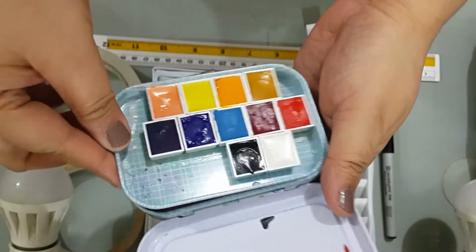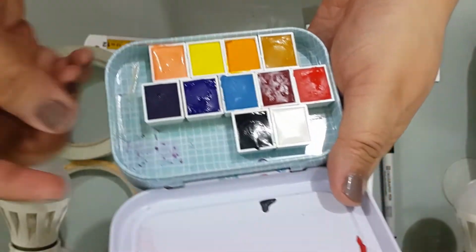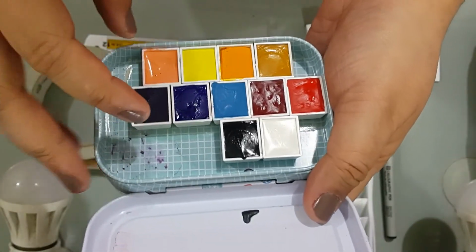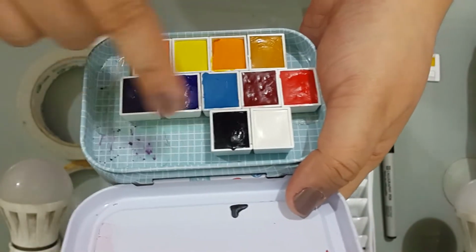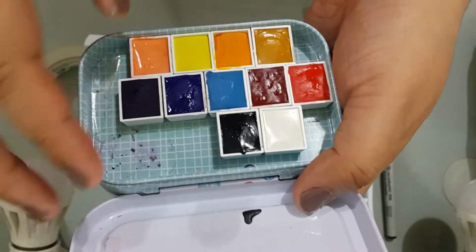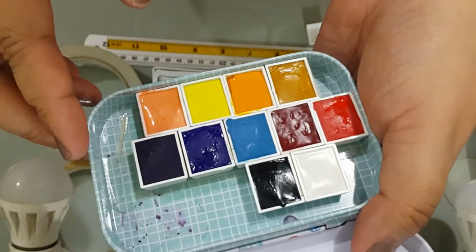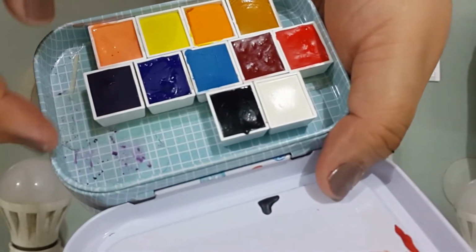In the first layer, that's where I put the pans. It's not complete yet. Based on its dimensions, I can fit about maybe 13 colors, because it's 8 and then 5. So, 13 colors. I just didn't center it a little, but that's okay. I'll show you how I stuck the pans onto this tin can. And then, the second layer, just to show you,